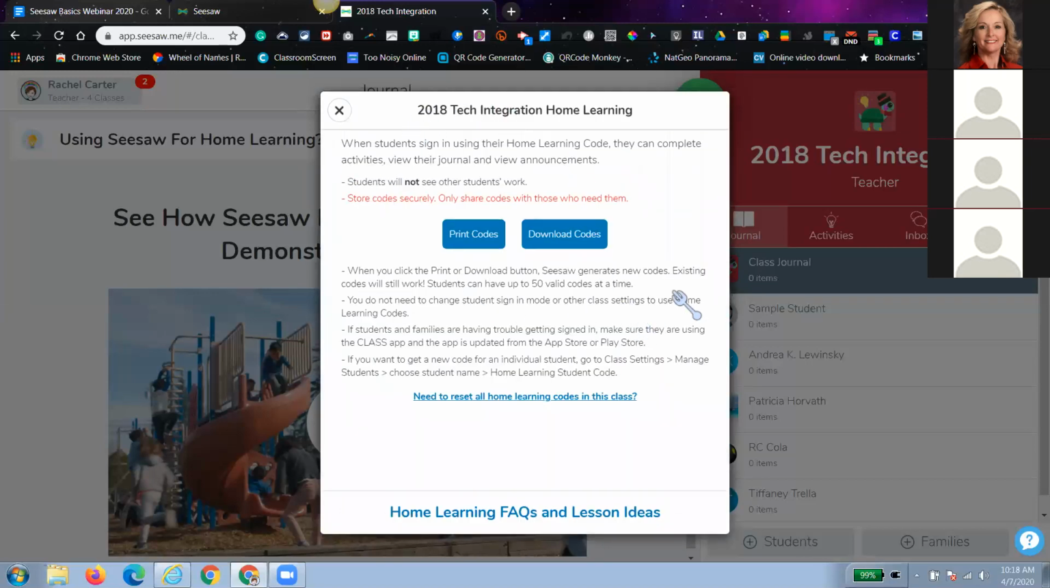So you can see right here, students can't see each other's work. They changed it completely so that people will be able to do that. If you click download codes, you're only going to get an Excel file. If you click print codes, even if you don't have a printer,